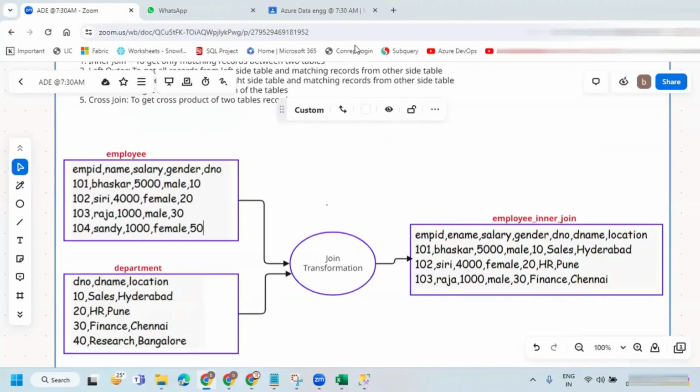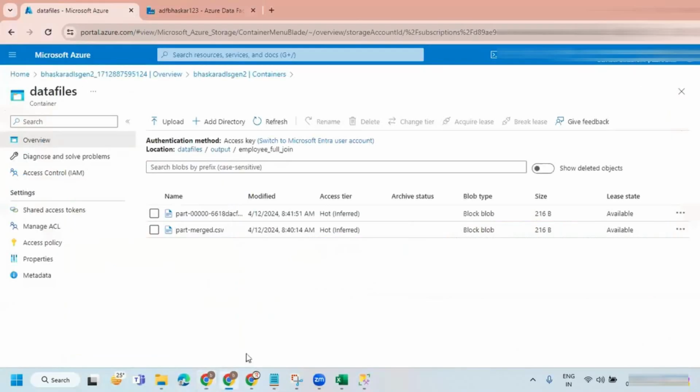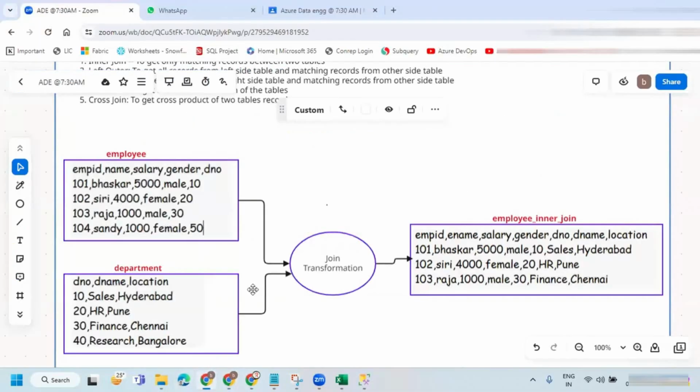Yeah, Bhaskar, this is Venkat. Yeah, Venkat. See, in ADF, after the join, before the sink, we have used the select transformation two times, right? Can't we adjust our fields in the join transformation? No, we don't have the feasibility.